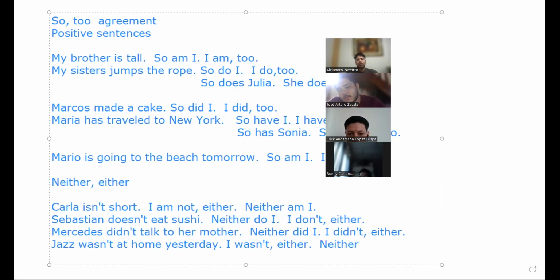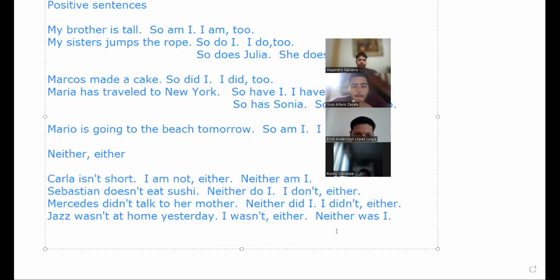No, when you use neither, you don't use negative. Neither was I. When you use neither or either, you don't use negative. Remember that. Remember to identify the tense. What happens if you have: